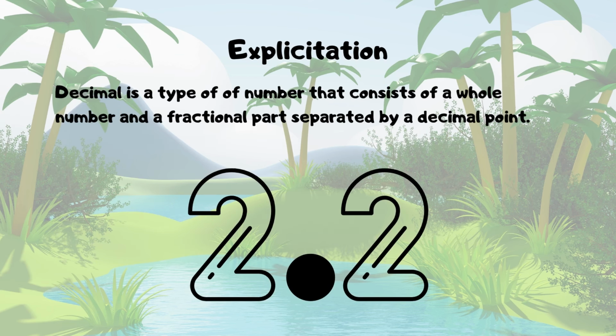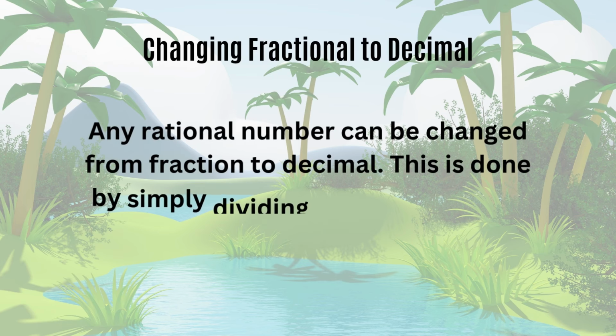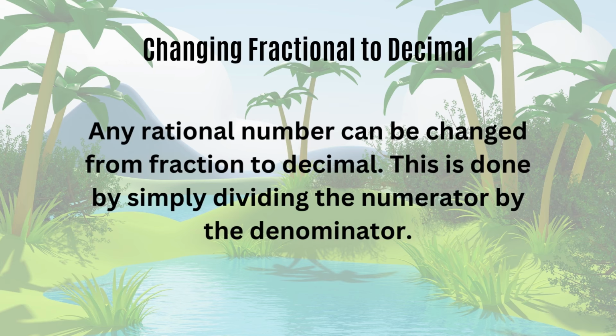And a decimal is a type of number that consists of a whole number and a fractional part separated by a decimal point. In changing fractions to decimals, number 1, any rational number can be changed from fraction to decimal. This is done by simply dividing the numerator by the denominator. For example,